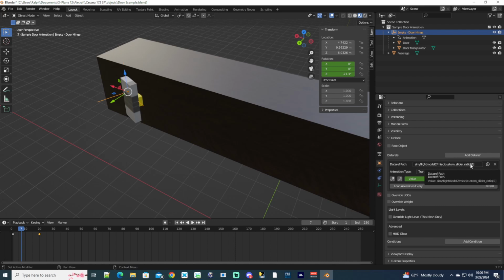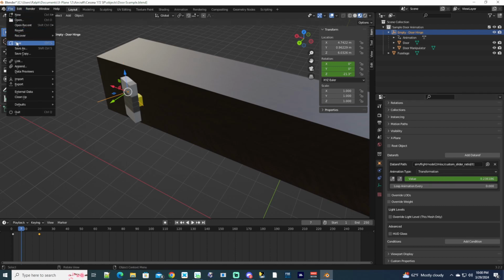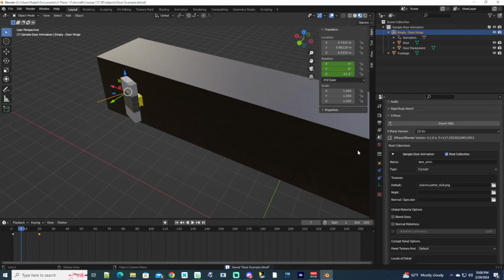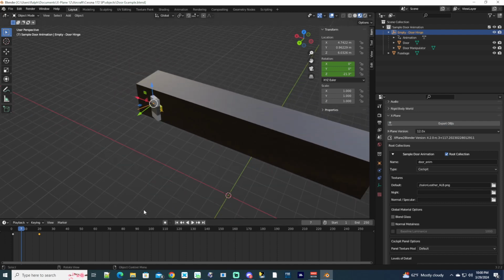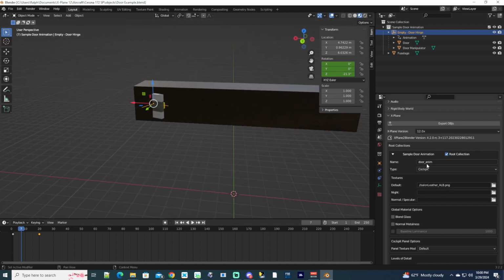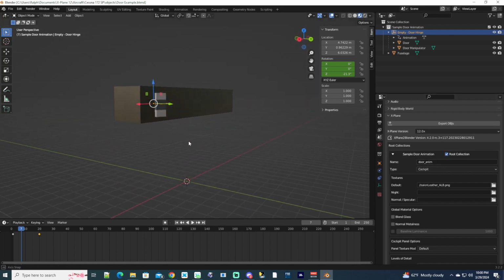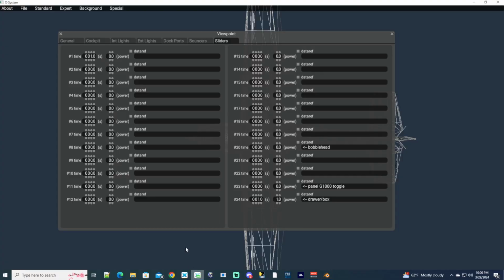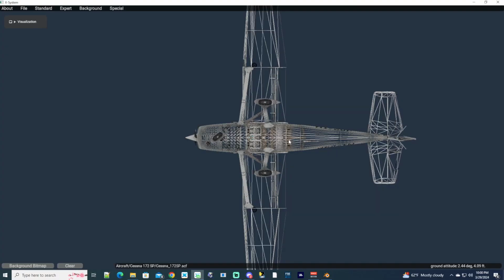So once we change this, let's save this again, and then let's re-export it to take effect. So click on that. This is still all set up the same. Just hit export again, and then that would be written. Okay, so we have this object called door anim for door animation, and you can see I made it quite a bit higher. If I go into Planemaker now,